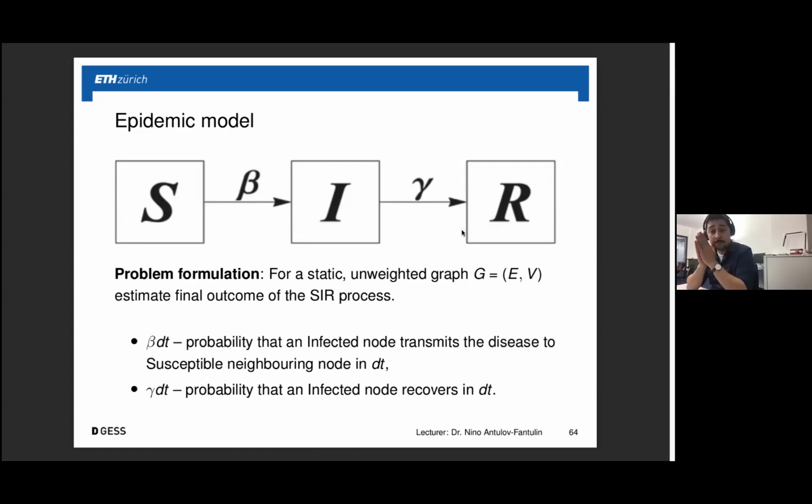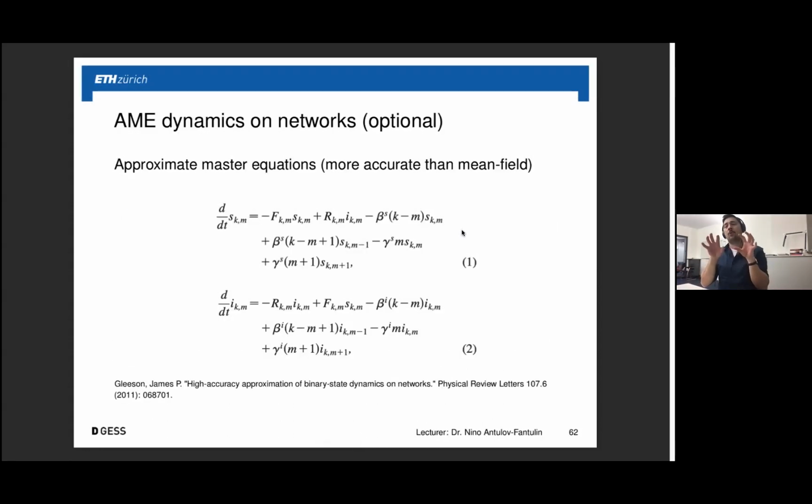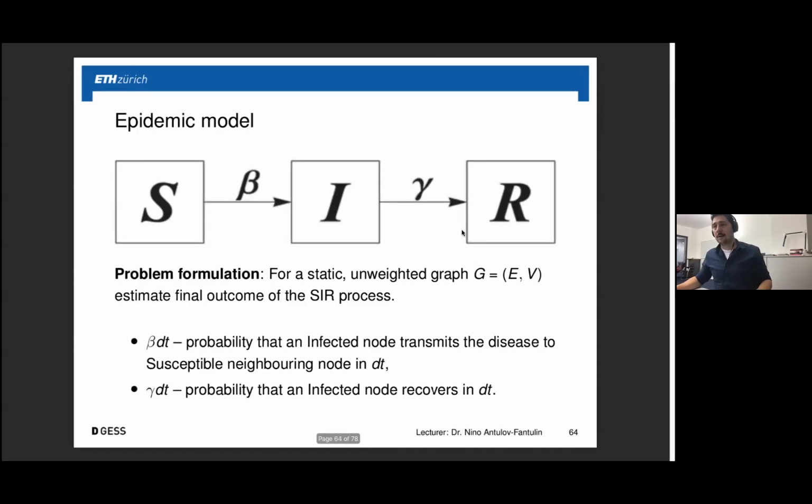Okay, and now for the dynamics, I have shown you how you can model binary state dynamics with mean field approximation. And I have shown you how to model it when you are having a little bit more complex motifs: a node with a certain degree, where you know what is in its first neighborhood. Okay. And now I would, for example, go with a certain type of dynamics that has three states that we already spoke about. And that's susceptible, infected, and recovered dynamics.